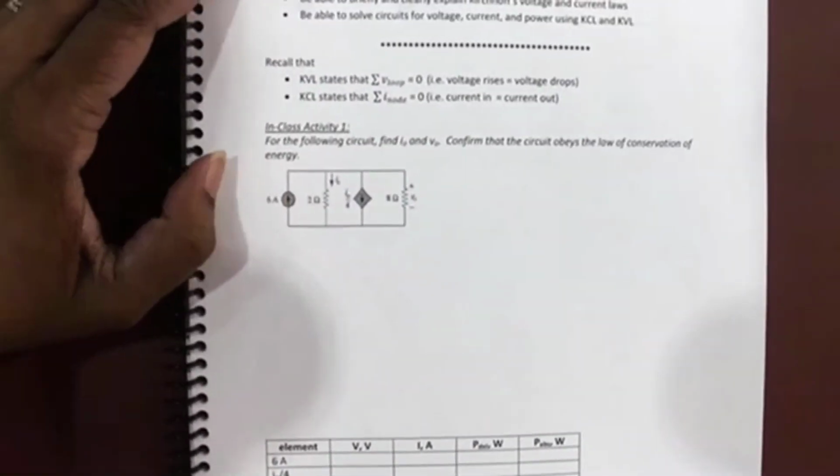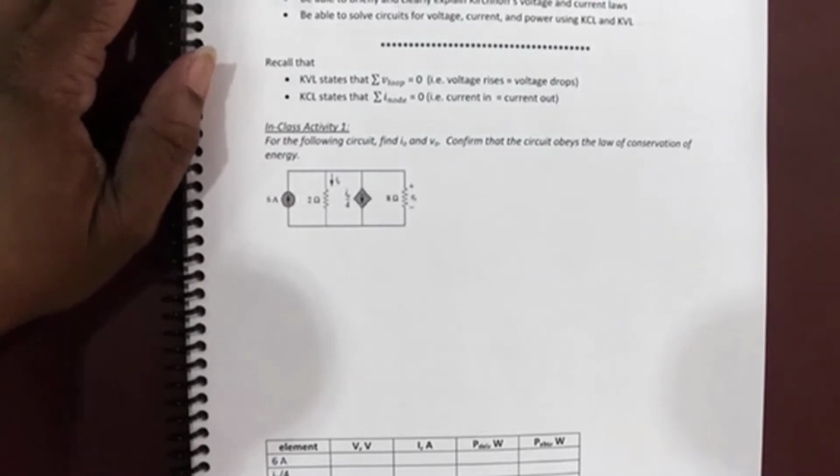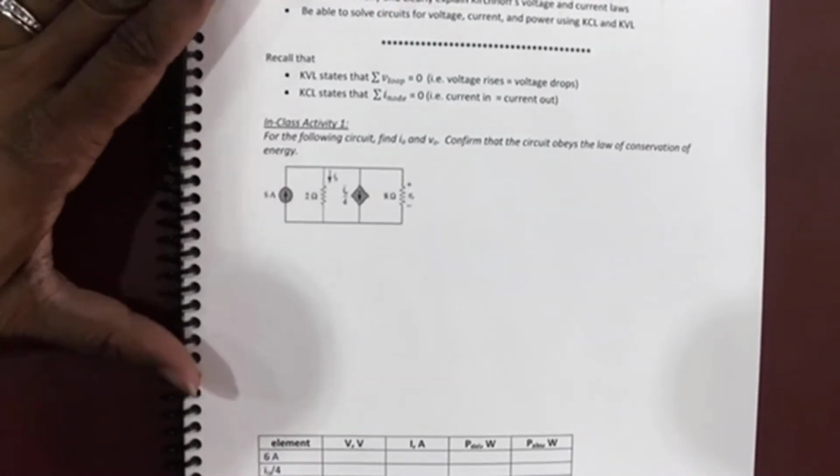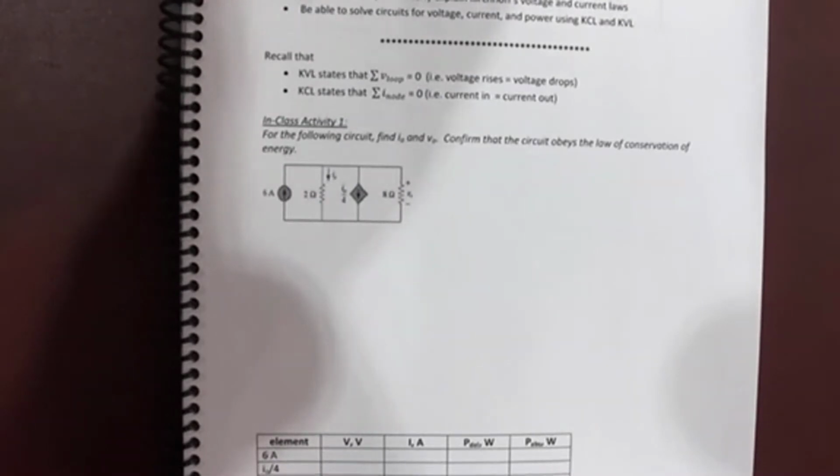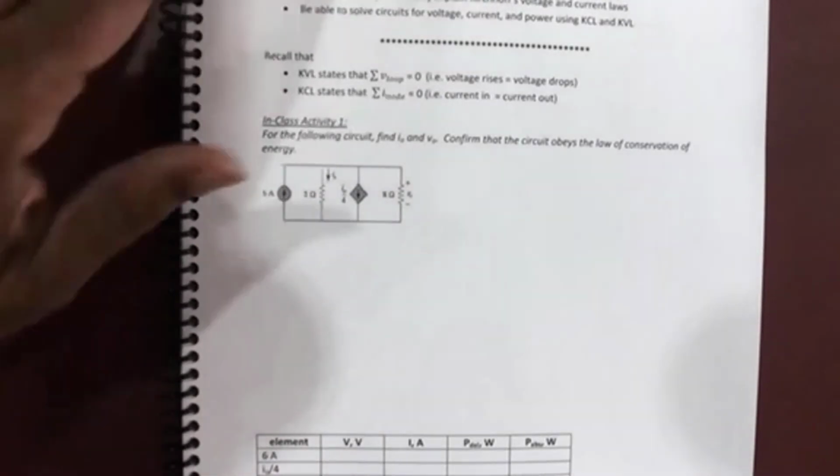Lecture 2-2, we're doing more Kirchhoff's voltage law and Kirchhoff's current law, and showing that even if the circuit has dependent sources, we can do the same analysis and show that it obeys the law of conservation of energy. The special thing that happens when we have a dependent source, though, is we get,